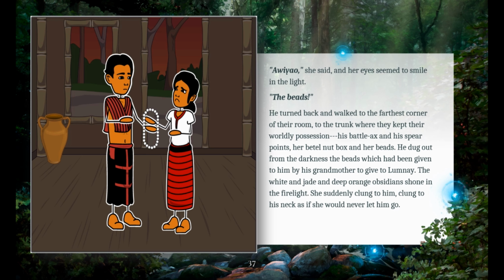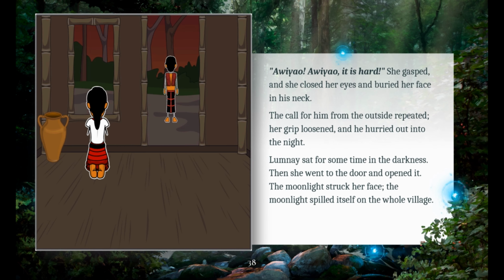The white and jade and deep orange obsidians shone in the firelight. She suddenly clung to him, clung to his neck as if she would never let him go. "Awiyaw! Awiyaw, it's hard," she gasped, and she closed her eyes and buried her face in his neck. A call for him from the outside repeated. Her grip loosened, and he hurried out into the night.